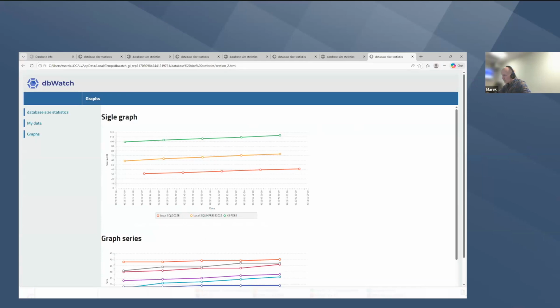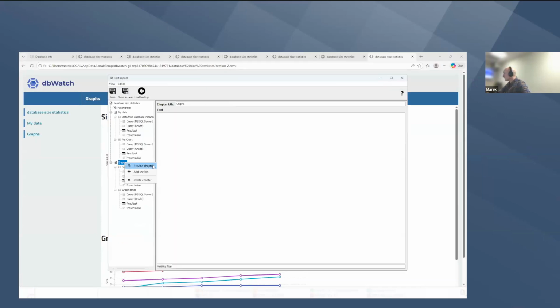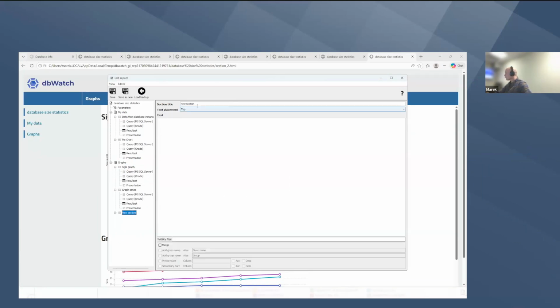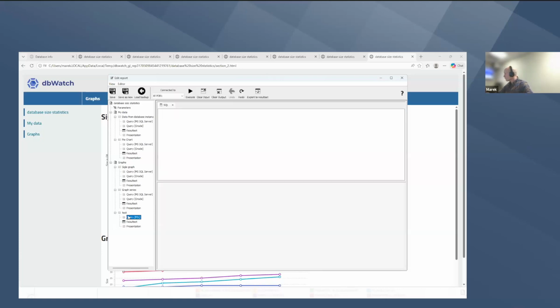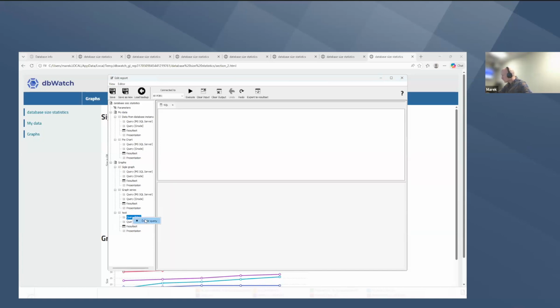Let me just show you another type of data. I will go back to the editor, and then I will add a section like this. Call it just test. Press, and this time I will add also the SQL Server once again, and also Oracle like this. It's just for that. Actually, I just want to show you how it works if you have a different